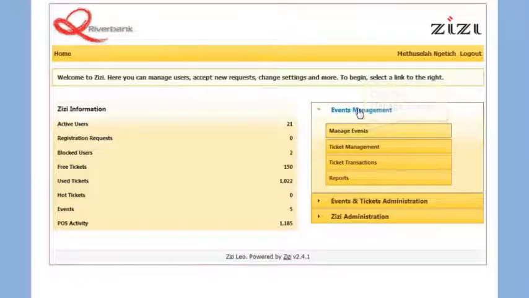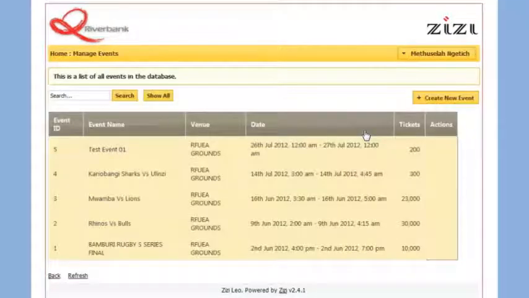So I shall click on Manage Events, and this will present us with a list of all current active events on the platform, as well as previous events and when they were created and how many tickets were actually issued for those events. What we are currently interested in is the creation of a new event, so I'll click on